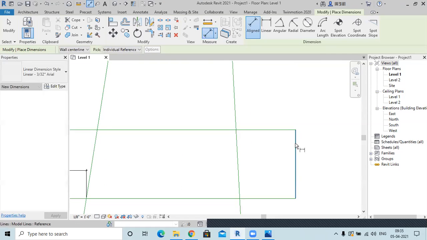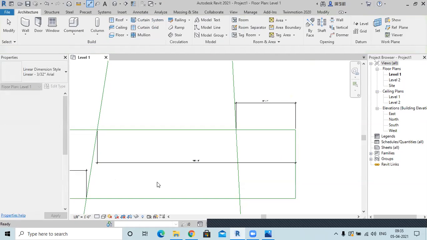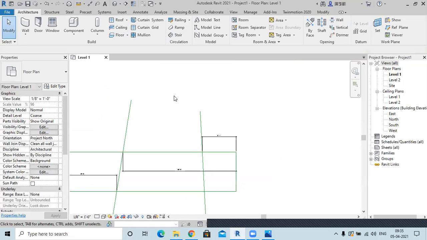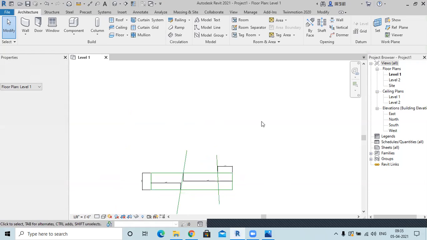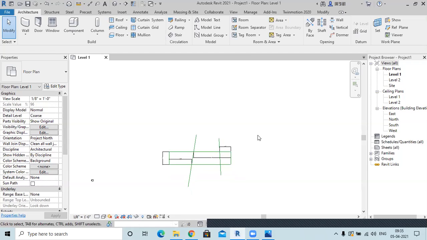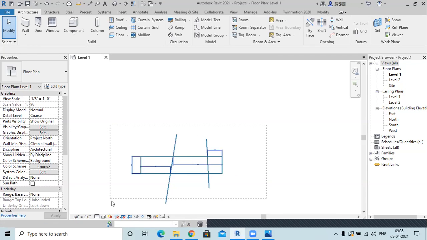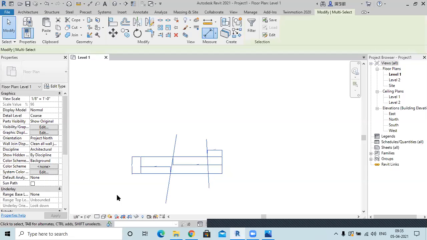So what I can do is select this one and then the point with this one and this point. So I can give dimensioning everywhere. Okay. So this is how dimensions can work. I will show you this in detail later when we will be working on different projects.